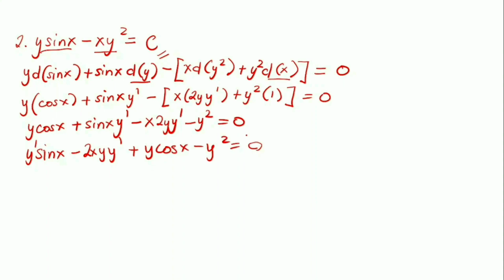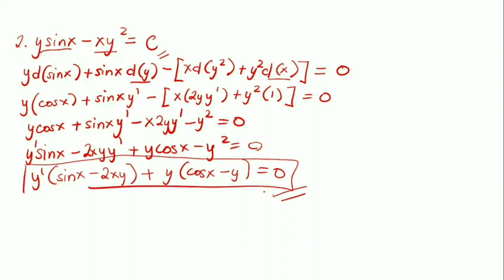Okay? So, factor out natin yung common, which is the y prime times sine x minus 2xy plus y times cosine of x minus y is equals to 0. Okay? So, this will be the final answer. Okay? So, now let's proceed to